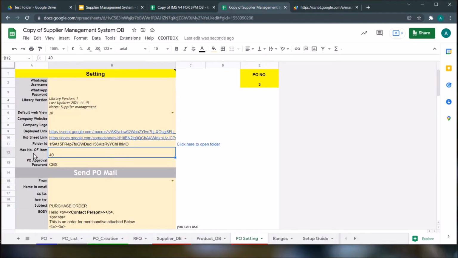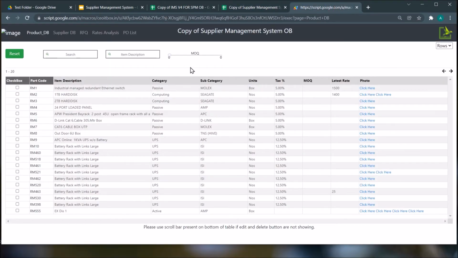Now the next item is the maximum number of items. This determines, at any point of time when a request for quotation is being raised, the maximum number of items that can be raised. If you increase or decrease this, the form, which is the request for quotation form, changes. Let me quickly go to the request for quotation form.